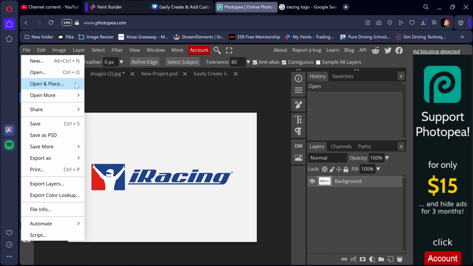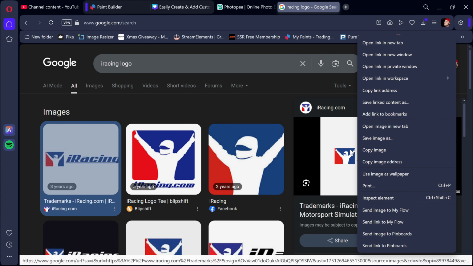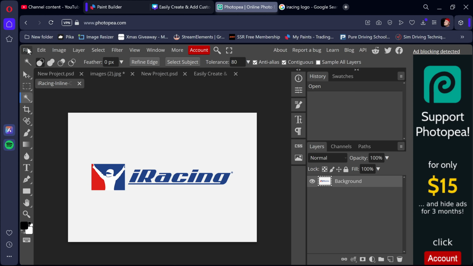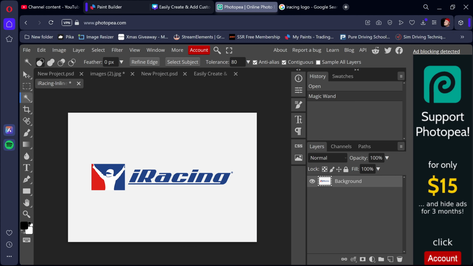choose your logo, whatever it is you have downloaded. I just downloaded the iRacing logo off of here. I just hit right click, save image, and then I went into Photop and went to File, open the image, and here it is. So all you have to do, very simple, on the left side here, you've got a